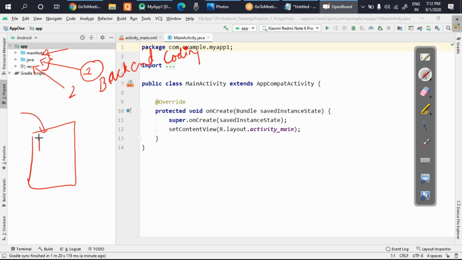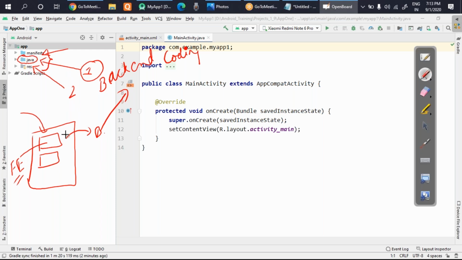Suppose I'm making a design with two buttons here, and if I click this button, some kind of task will happen. This button is your front end design, FE. But if you want this button to execute something, you have to write backend code, and that backend code will always come in this section.